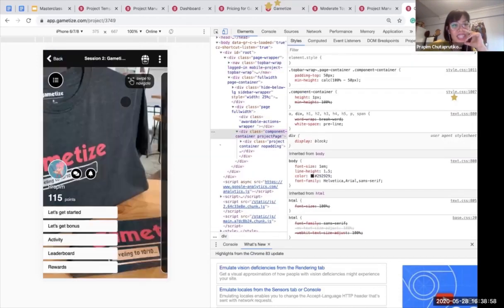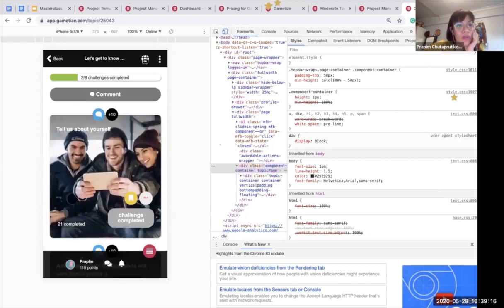All right, so you can see that there's a significant difference now. Not only has the background changed to our Gametize t-shirts, which are up for grabs in the reward store, I hope. I'm not sure if Keith has done that yet, but you can also see that there are 2 different buttons. If I were to go to Let's Get Started, it goes straight into the first topic. So I don't actually have to